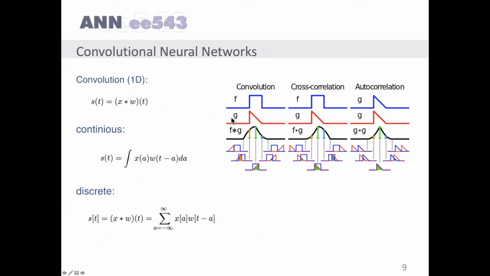However, if function g is shifted, then we will have a region for which both of the functions are not 0. So we will have some value here which is larger than 0. And as t progresses, when t is equal to this point, it will have the maximum value as given here. And after that, as t increases, the value of this integral will decrease,